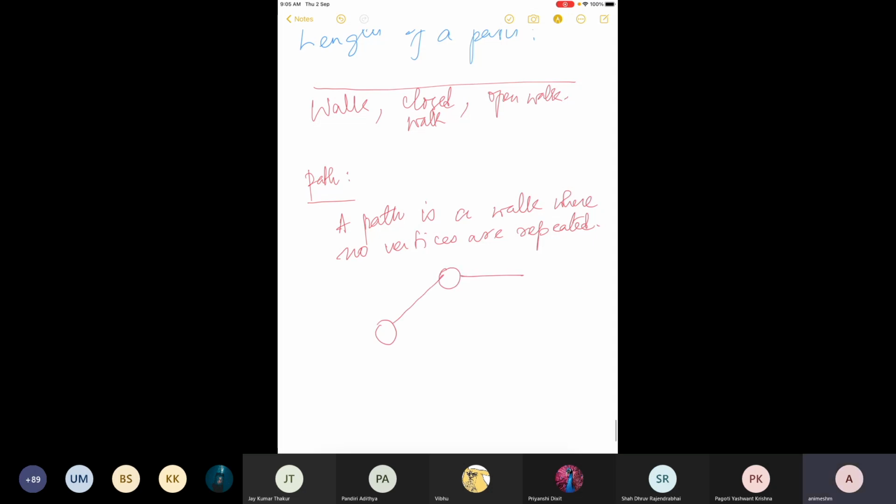I'll come back to your question. Then we were discussing the way to represent a path, and we said that a path from V3 to V1 can be written as